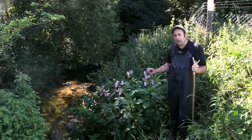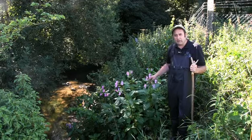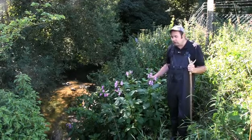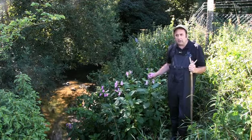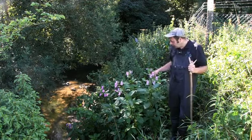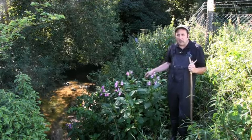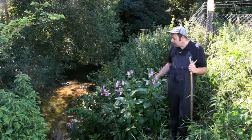At this time of year, Himalayan balsam is really evident on some of the rivers here. Towards the end of July into August, it's a flowering plant and it's pretty obvious at this time of year. The problem with Himalayan balsam, although it's a rather large attractive plant, it's certainly attractive to bees, the problem for